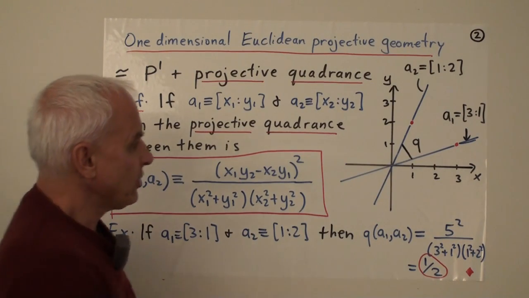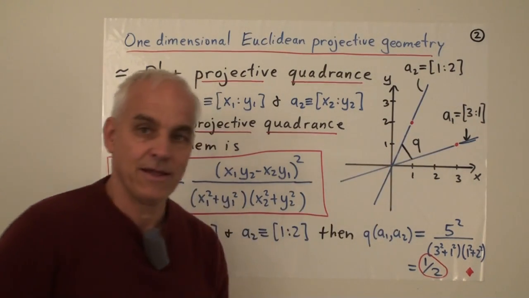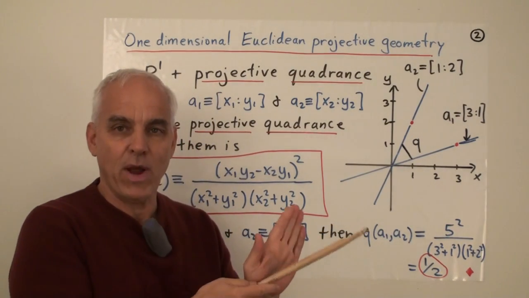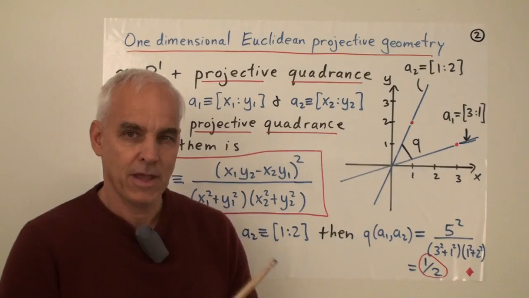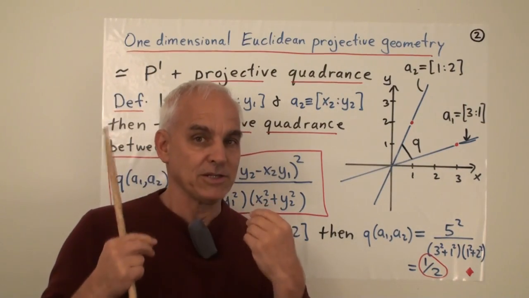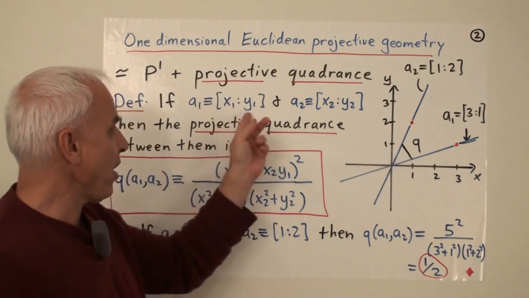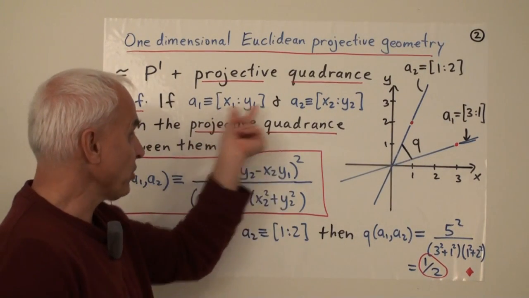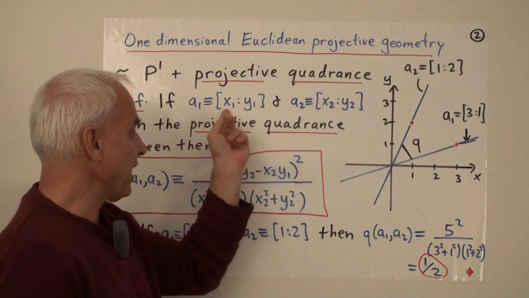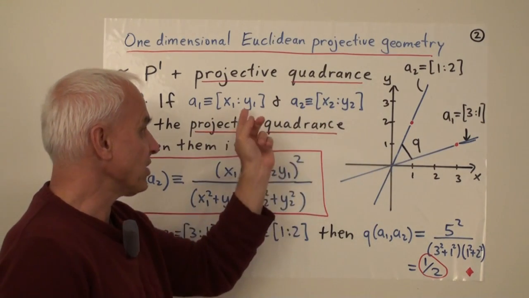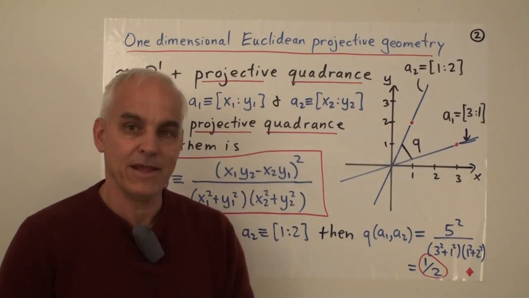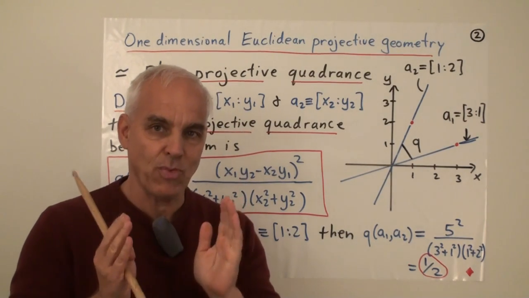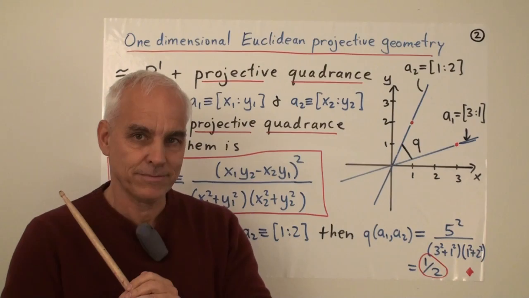Right, so what are we going to do? We want to assign to 2 such lines a number that is some kind of reflection of how far away they are from being equal. So equality is a good place to start, asking ourselves, when are these 2 things equal? Well, they're equal when the proportions are equal. In other words, when x1 y2 - x2 y1 = 0. That quantity exactly captures when the 2 things are equal.